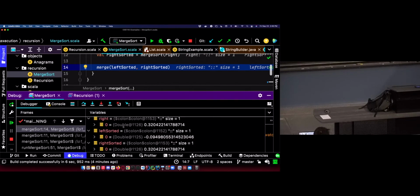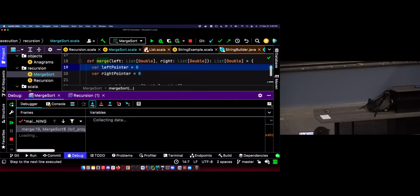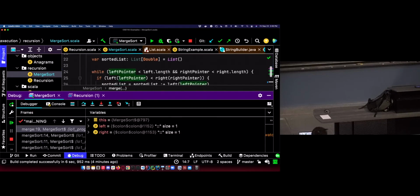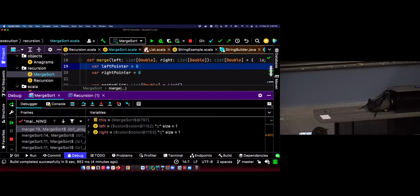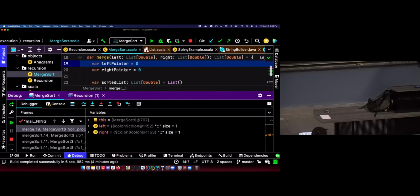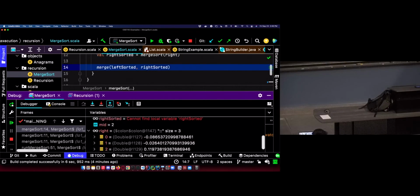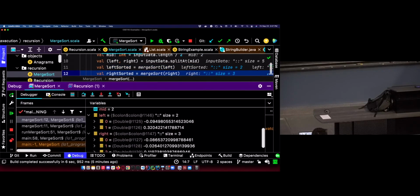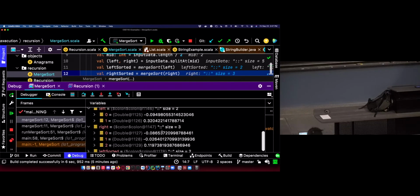But now we have to merge these two lists. They were already in sorted order, so it's a little less exciting. We can go through merge, but I kind of don't want to go through merge with just two lists of size 1. It's just going to go through all the overhead without really computing anything. So I'm going to step out of this and then advance. And we go, that stack frame returns, and we go back up to this stack frame that had these two lists